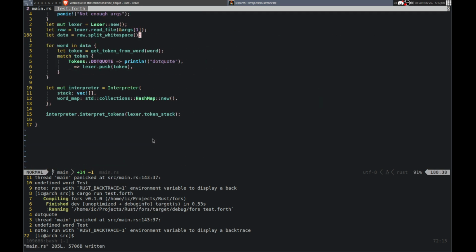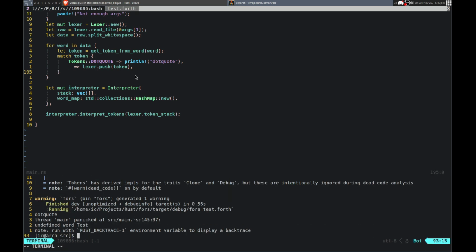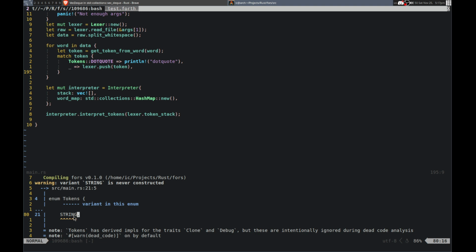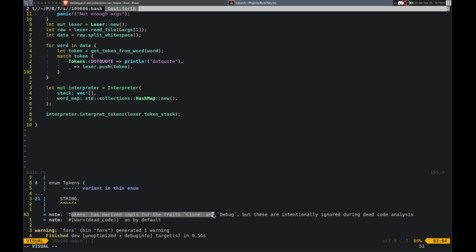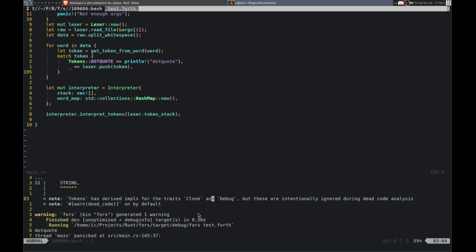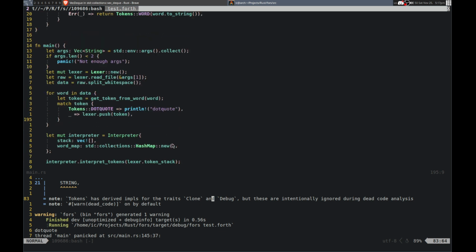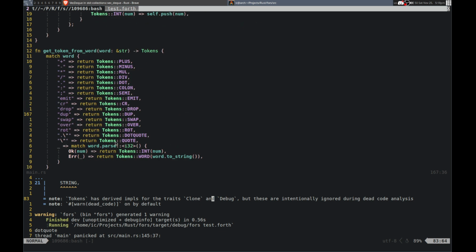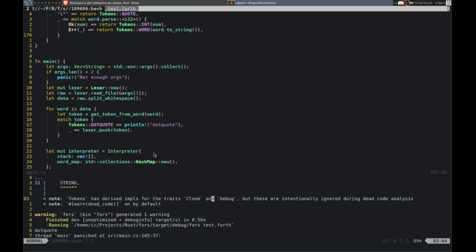String is never constructed. Oh yeah, because it's not a keyword like that. It is going to be constructed here. So if it is dot quote, then